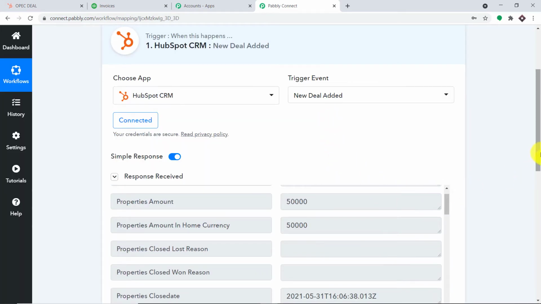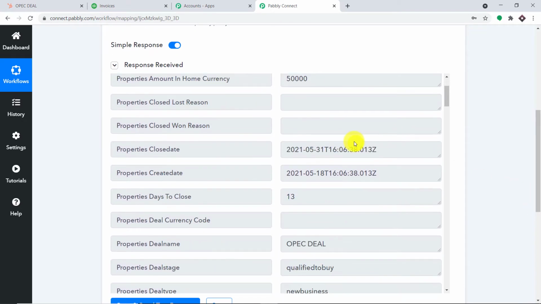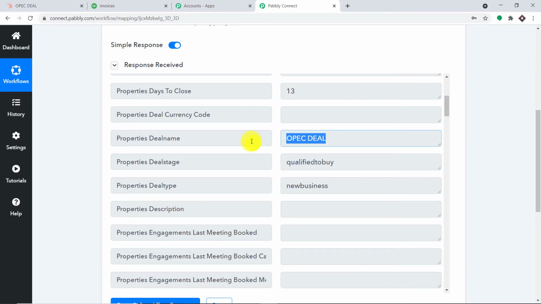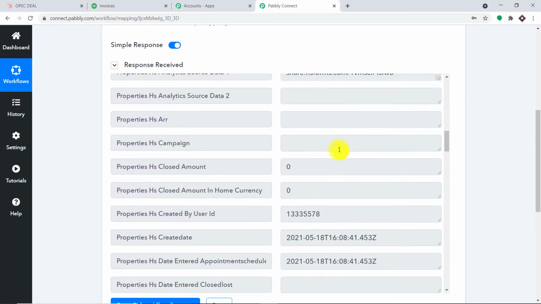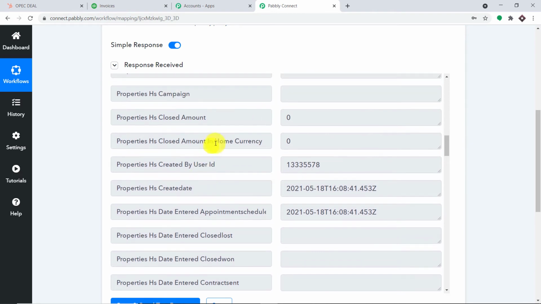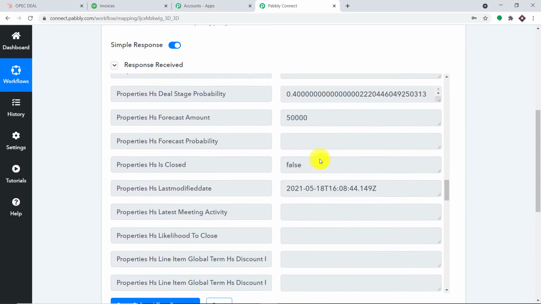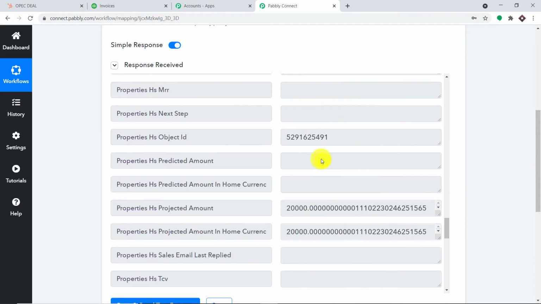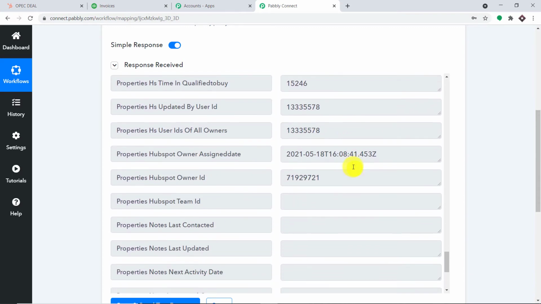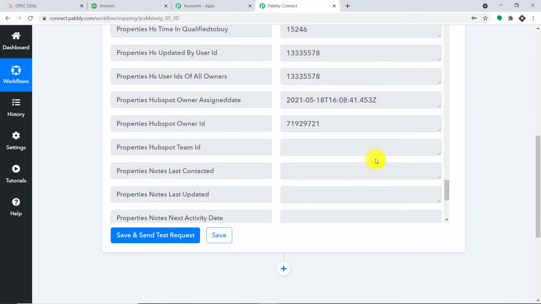Okay, so we have some details here. This is already showing the amount, that is $50,000, and this is the name of the deal, that is OPEC deal. Let me scroll down and explore the rest of the details. We might have the date of creation of the deal as well as the due date. Yeah, I think this is the date when it was created.